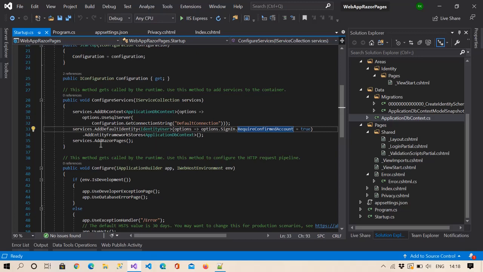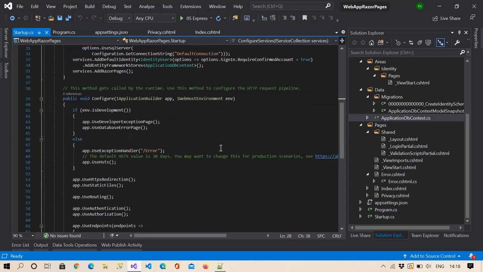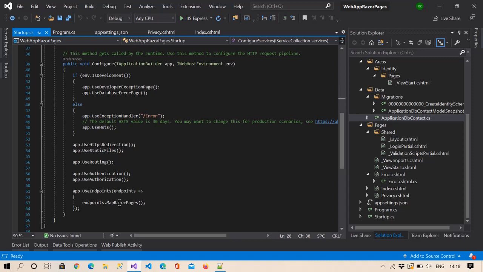And here you can see there is one more service, AddRazorPages. As we are creating this project as a Razor Pages project, we need to put this service here in the ConfigureServices section, and we also need to call its related middleware here, you can see in the endpoint section.